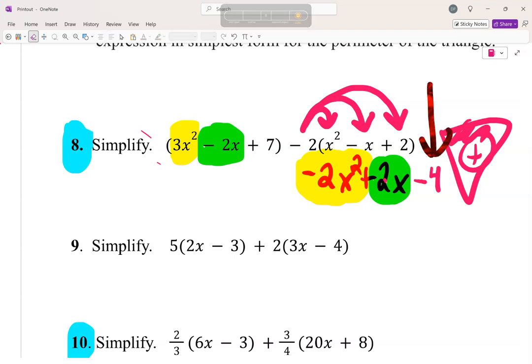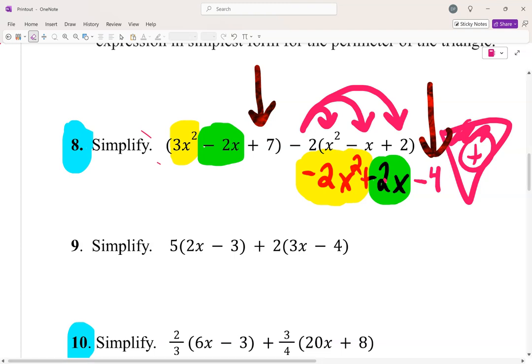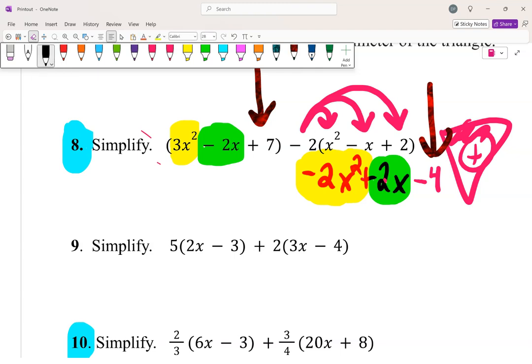So this guy is gonna combine with this guy. Okay, Gummy Goo, you wanna help out? Yeah. Okay, go ahead. Okay, so 3x combined with negative 2x makes